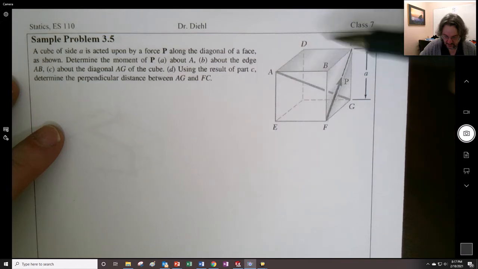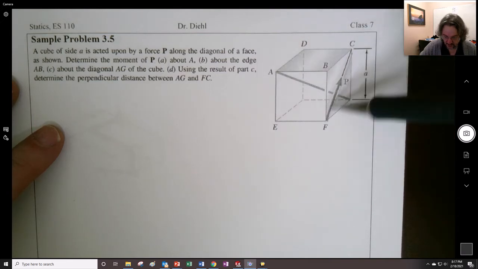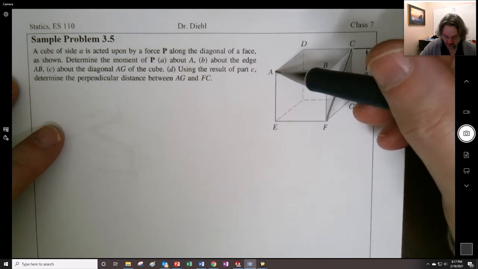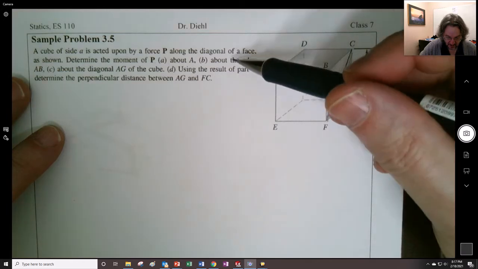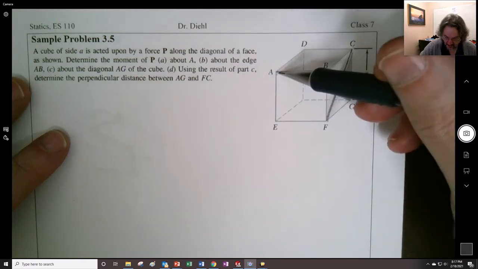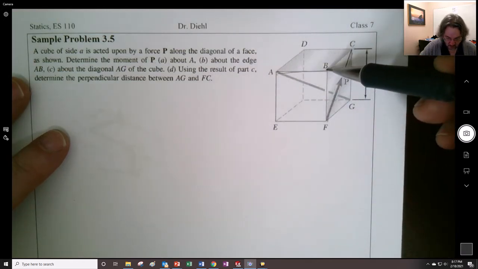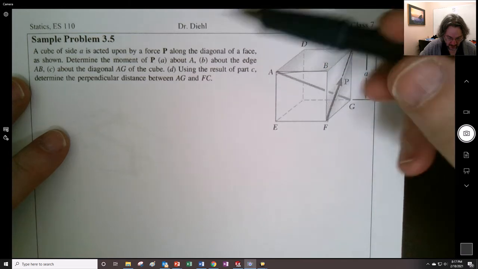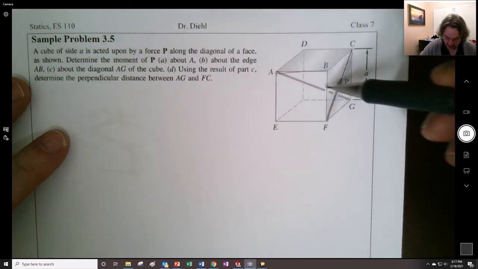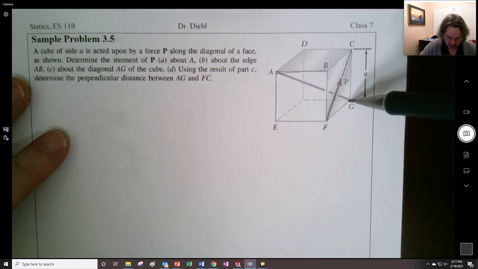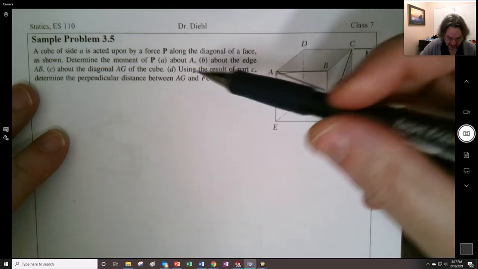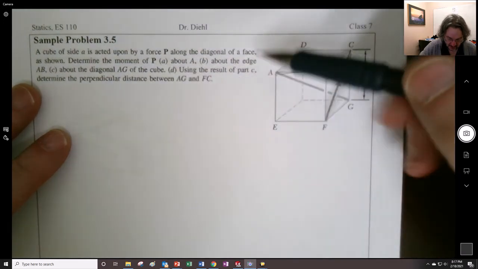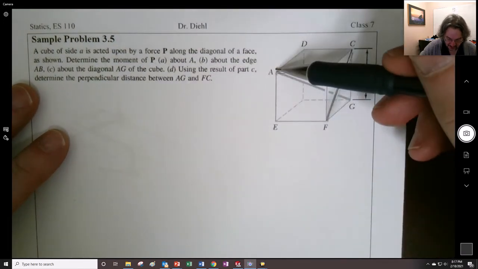Right, that's a good idea, right? So there's going to be this force acting onto this thing. We want to find out what the moment is about A, and then about edge AB, right? And then about a diagonal AG of the cube, and using the results of C, determine the particular distance. So now we want to find the distance between